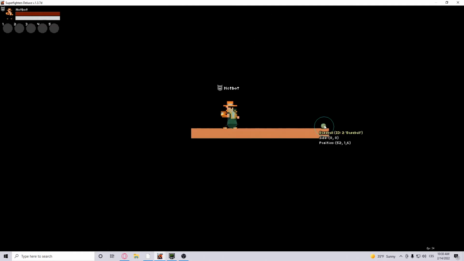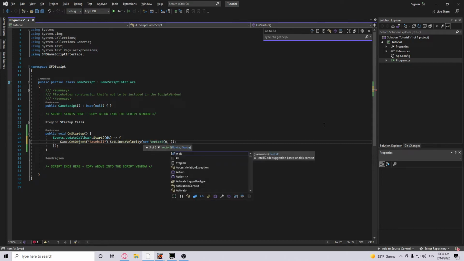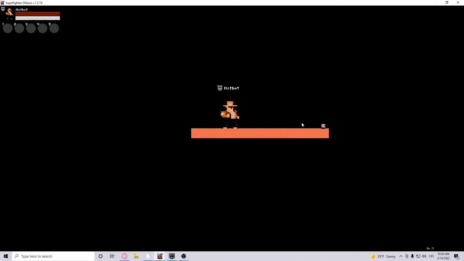There is this ball which I've called baseball because it is a baseball, and let's do set linear velocity, new vector actually first, and x is 0 and y is I don't know, 0.01f times delta time, like this, and I